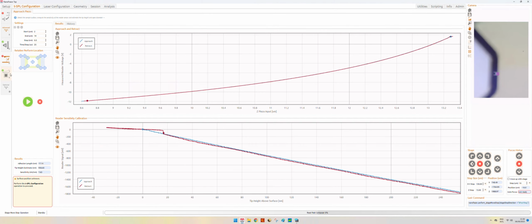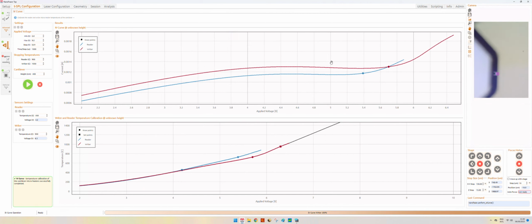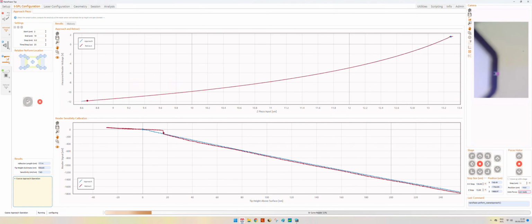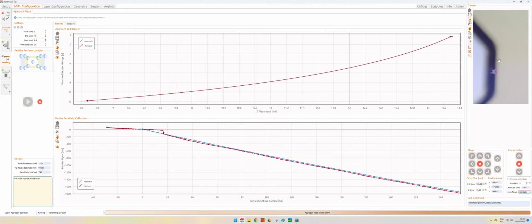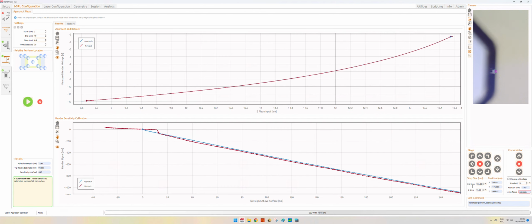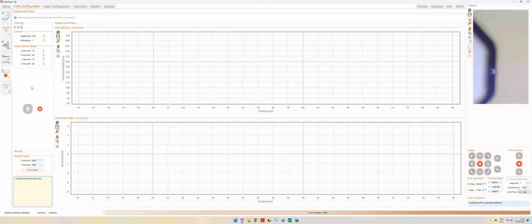Then what can we do? We can do an IV curve and an approach. Here's the procedure. Then we put here 200 and we move up again, and we do a sample level plane.